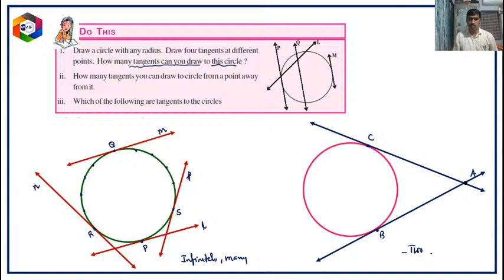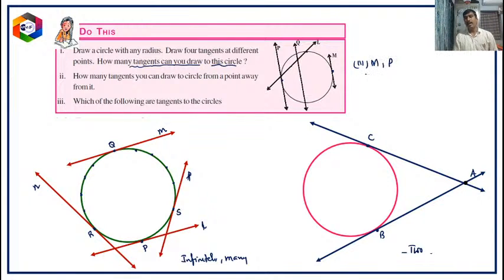So here if you observe the diagram, M is the line which touches at one point only, P is also a line which touches. But if you observe line L, it is touching at 2 different points, so it is not a tangent, it will be called a secant. And line Q is also intersecting the circle in 2 different points, therefore it is also a secant. Therefore which are the tangents here? For the third question the answer is